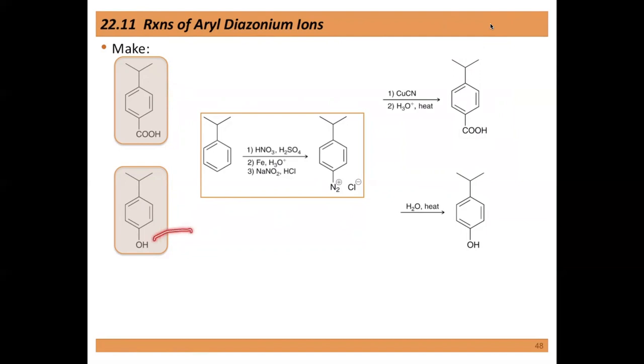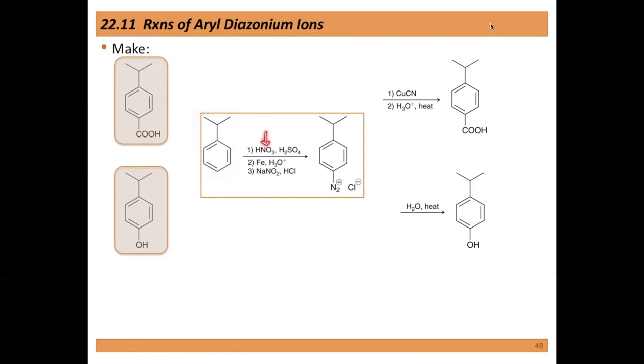And then, as I mentioned before, we never really had a decent way to make a phenol on there. The one way that we had to make a phenol back in the aromatic chapter, and I even skipped over it, actually would react with that group as well. So these two examples here, the only way that we would be able to synthesize them is by using Sandmeyer reactions. And so to do this, what we're going to do is take cumene or isopropylbenzene, and we're going to